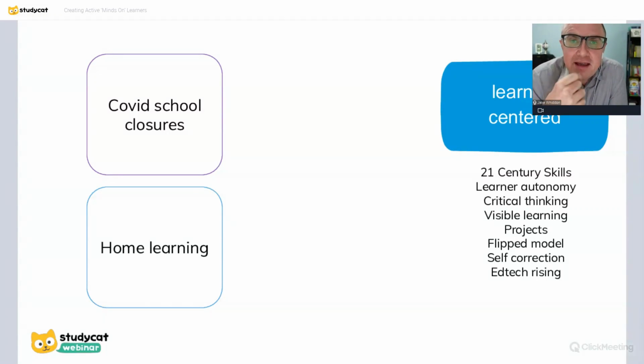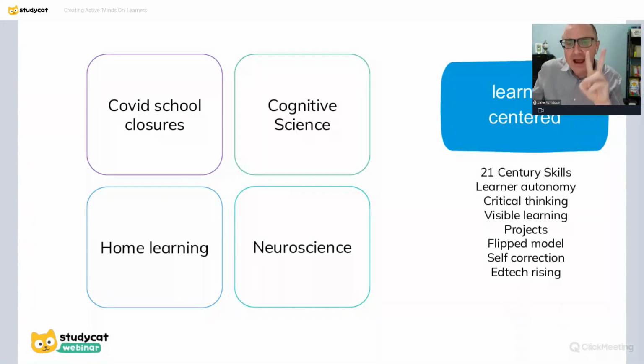And I think it became very obvious which schools had focused on learning-centered and which schools had focused on student-centered. Learning-centered schools meant that the kids had more learner autonomy, more critical thinking, and were more able to work on their own, even though that's student-centered, but they were more able to produce learning. So it meant that parents and kids and teachers had to understand learning, how to learn on their own. And another big thing,